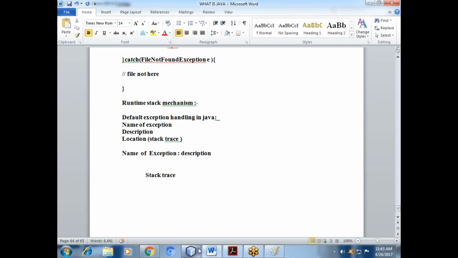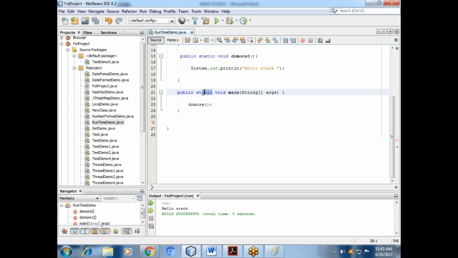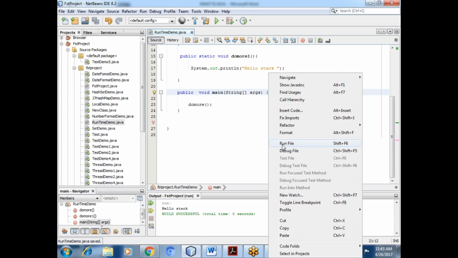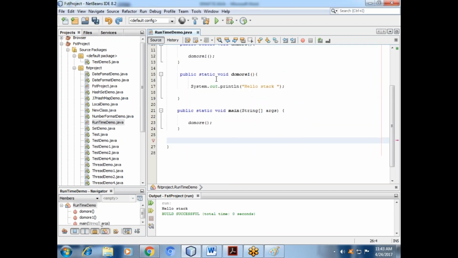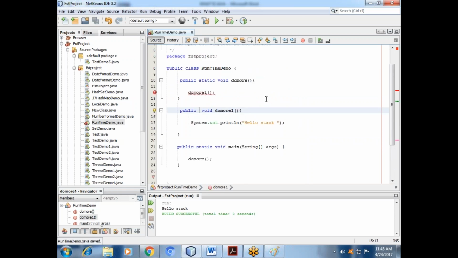I will create our custom exception. Suppose whenever I raise the exception, we use an arithmetic exception.